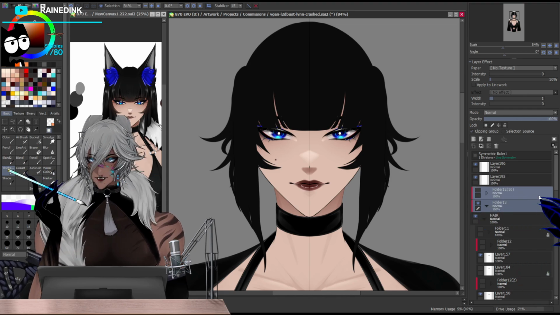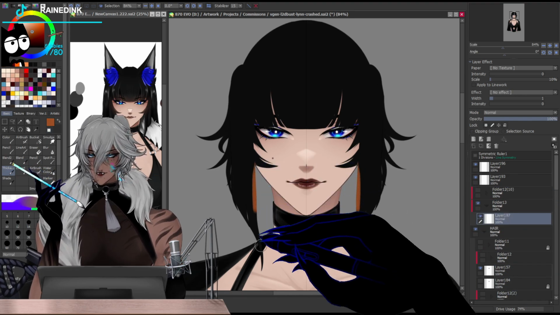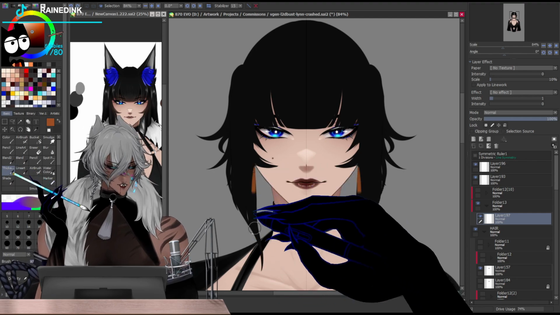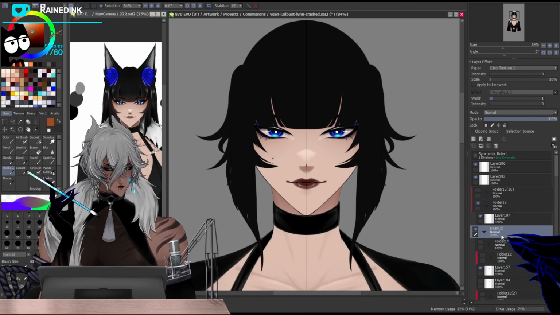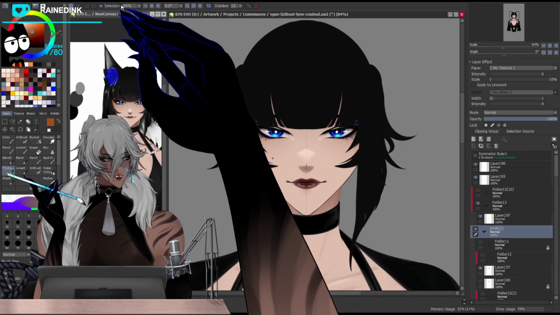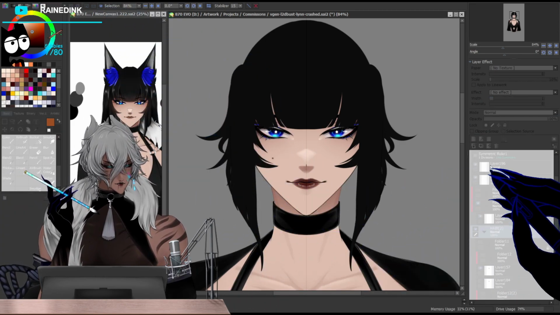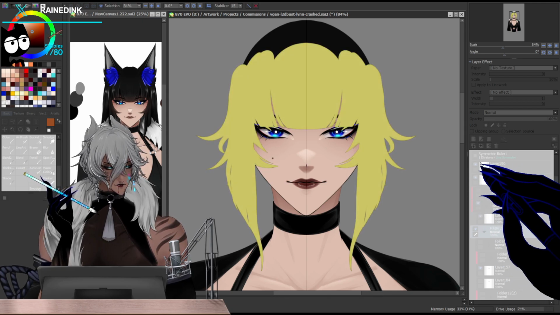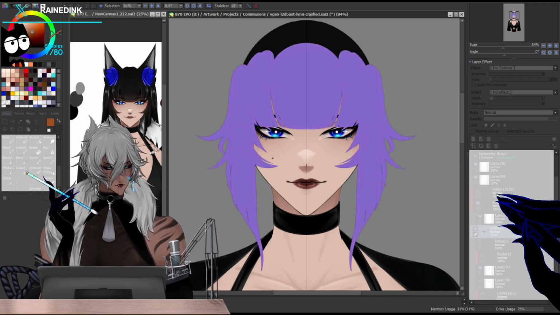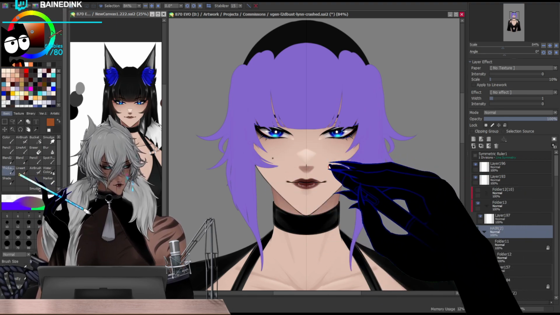I'm going to be hiding this because this is already one that I've done. I would make the plan of where I would do my shading and highlights. So for this example, I'm going to be copying this hair twice, and I'm going to change the hue of this hair to another color, since for a lot of people, black is kind of hard to see. So I'm going to be changing her hair to this blue